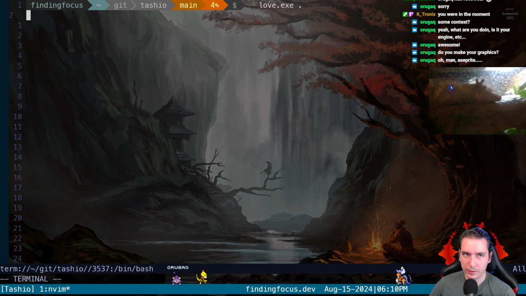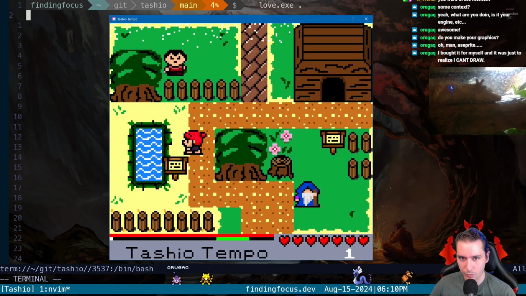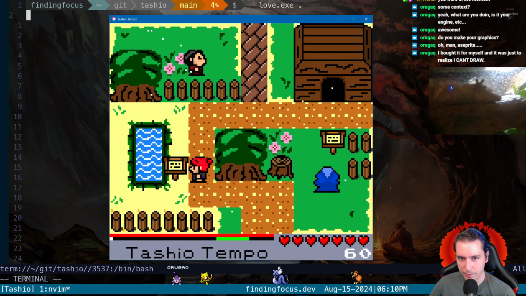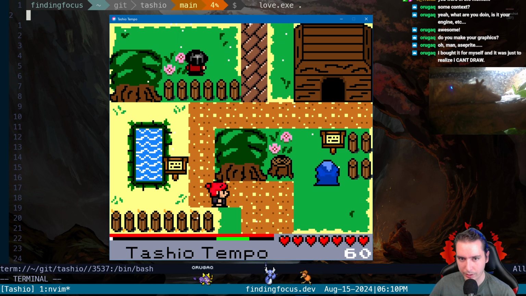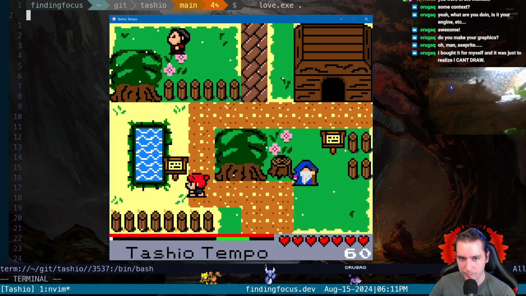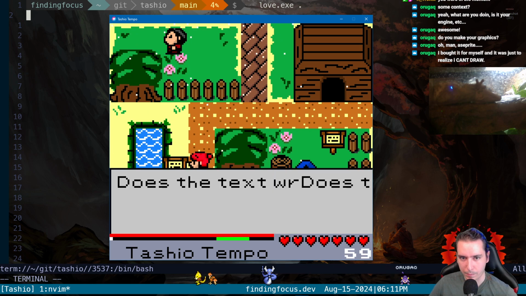It is cool. We've got the collision detection working for it. So you can't read the signpost if you're above it, but if you're on the side of it, it'll pull it up. But if you're just far enough, you can't read it. So you've got to be close enough. But yeah, we're working on